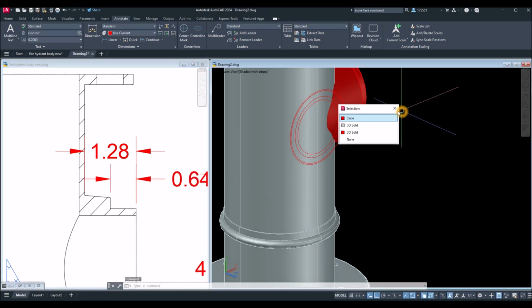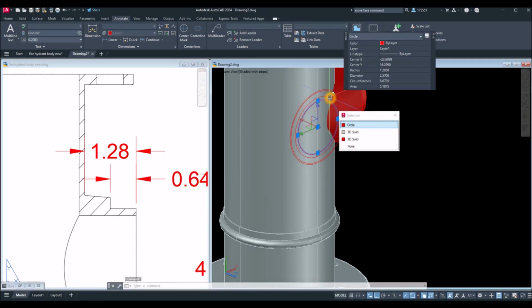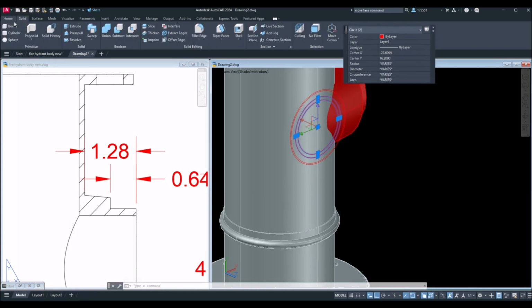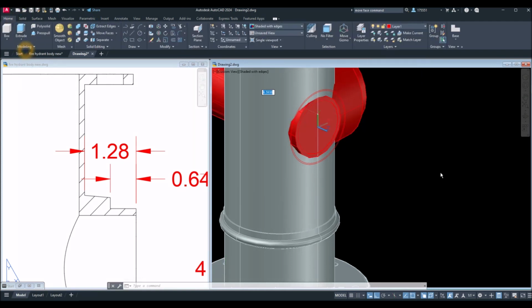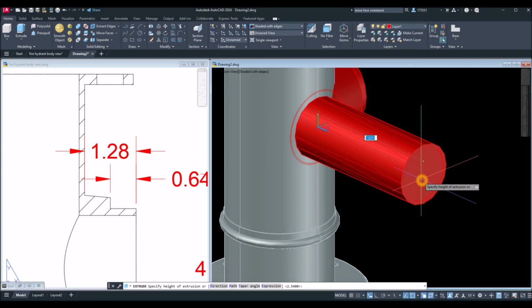So it's still the same. So extrude these two for 1.28